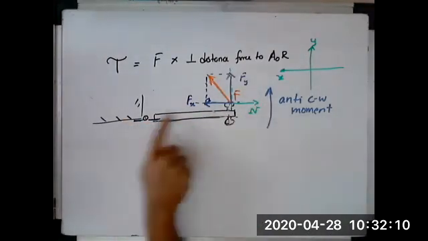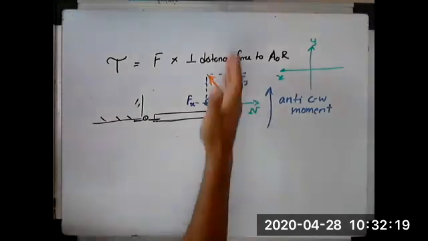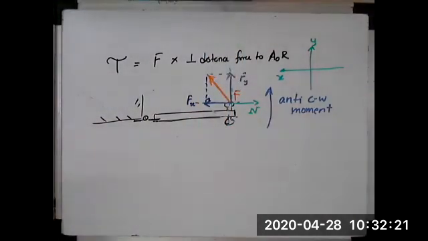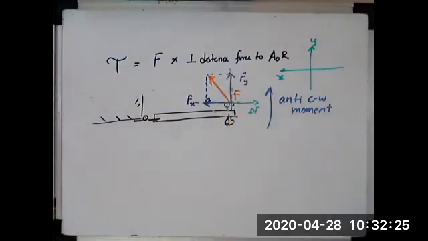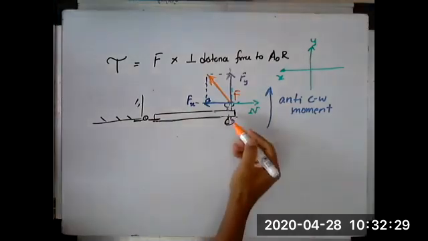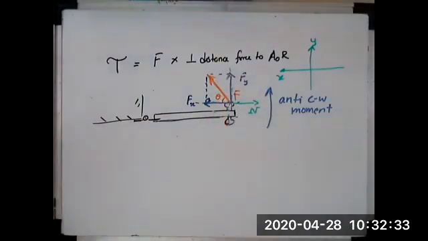So there's going to be no acceleration in this direction. Along the x-axis, sigma F is equal to 0, so no acceleration along the x-axis. But along the y-axis, there is going to be acceleration, which means it's the Fy that we are interested in. And what is the angle at which this is acting? Well, we said that this is the angle theta, the angle at which the force is acting with reference to the plane of the door.